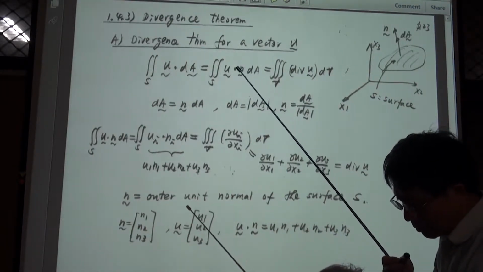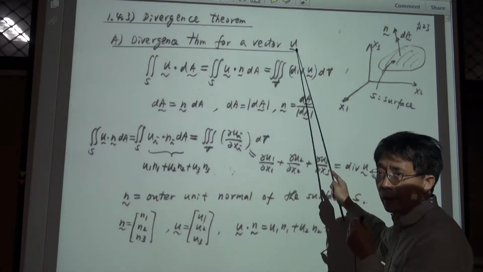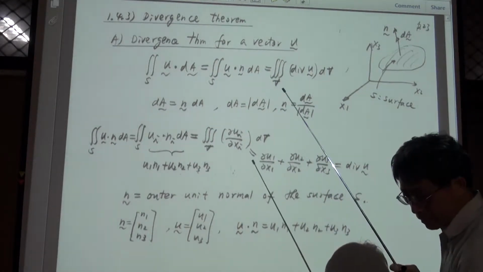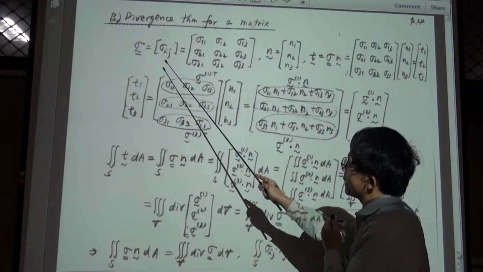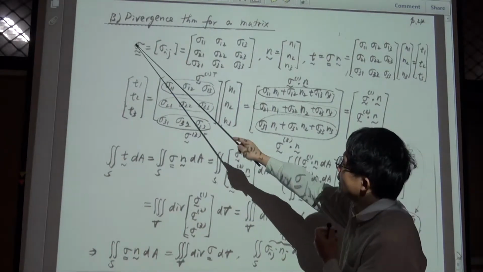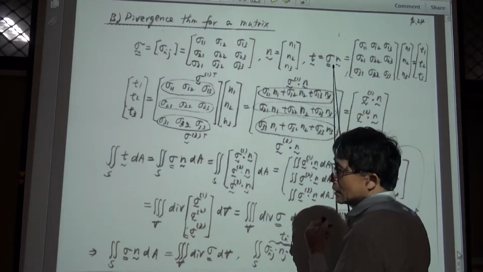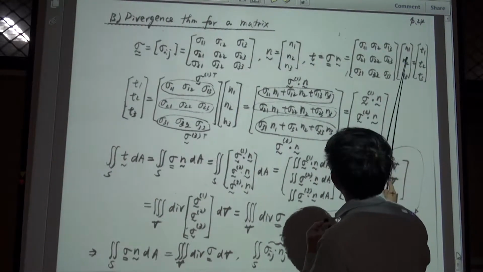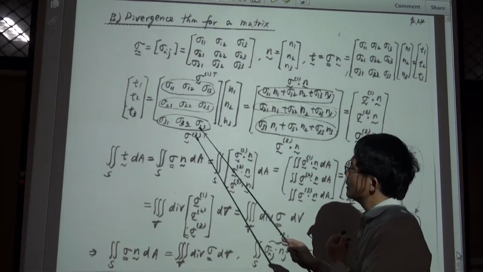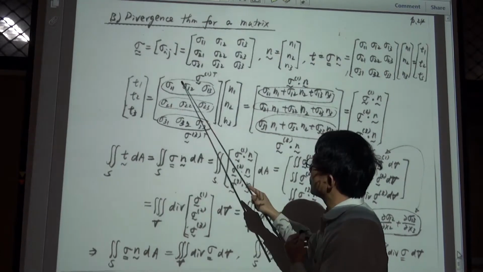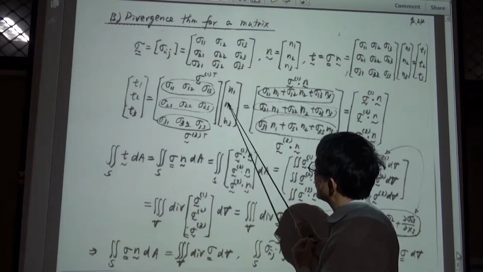Okay, now we learn something new. What news? If we turn this vector into a matrix, what happened? Divergence theorem for a matrix. Look at a stress matrix. Okay, this is the stress, and then this is the unit outer normal. This is the Cauchy traction formula, where we have this one. We have talked about this before, and then now the traction equals the stress tensor, matrix times